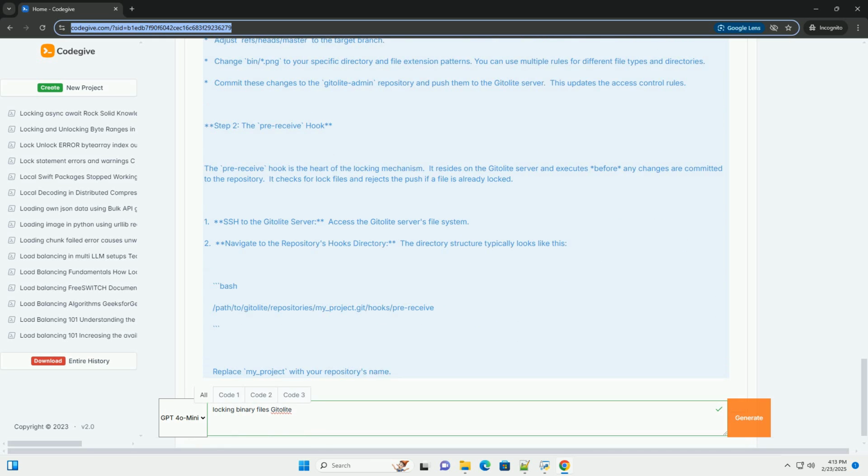get_username: this function uses git config gitolite.user to retrieve the Gitolite username of the user performing the push. Gitolite sets this configuration variable during the connection. The while read old ref name loop iterates through each ref (branch) being updated in the push. git diff --name-only $old_rev $new_rev gets a list of all files modified in the push between the old